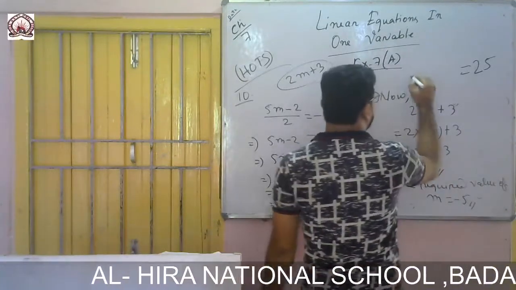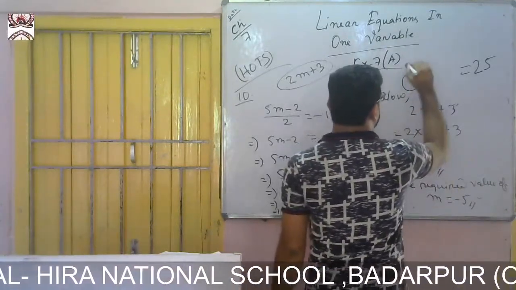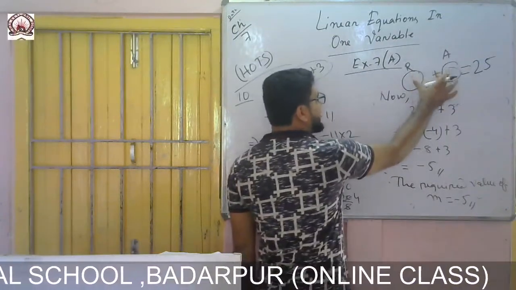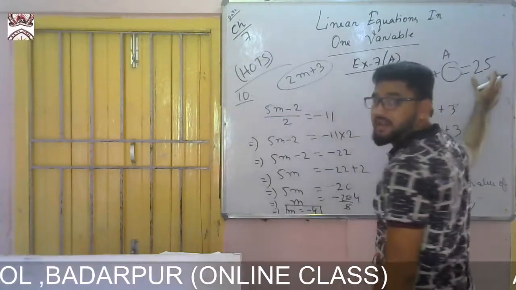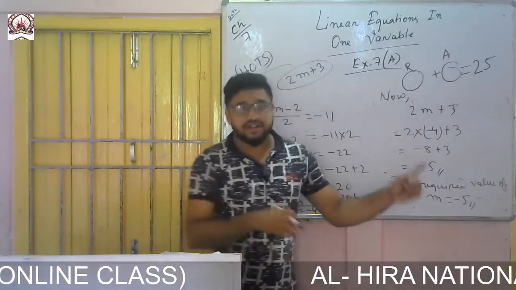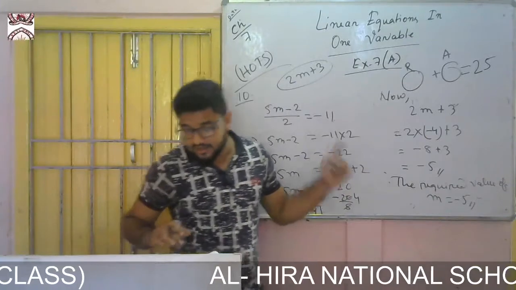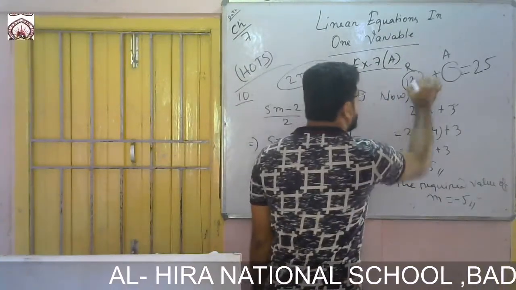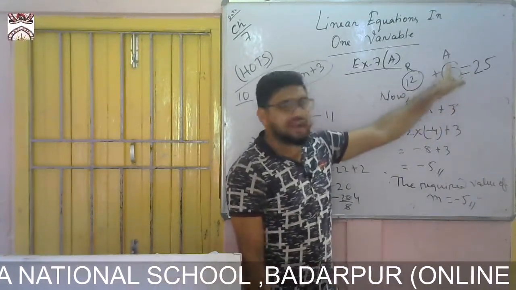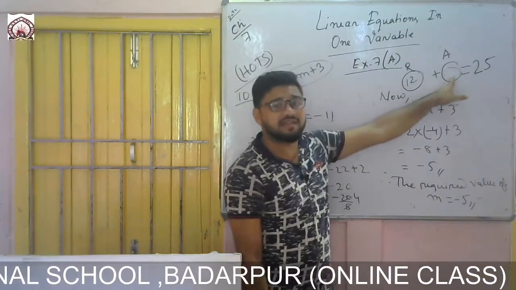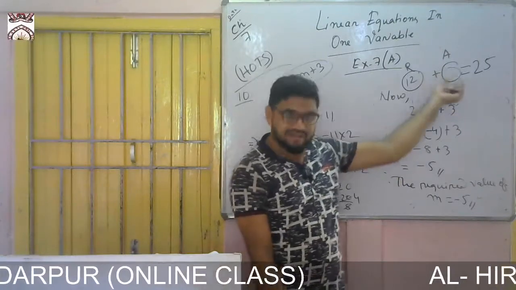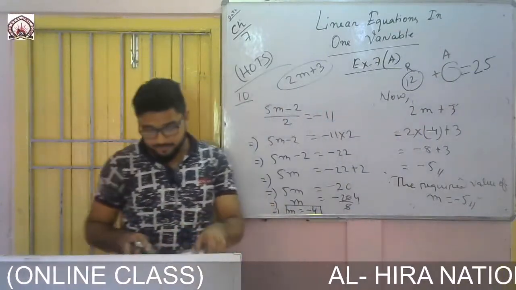This is Ritu's age, and this is Ashu's age. If I add both their ages, then I shall get 25. In the question it is given that Ritu's age is 12 years. Now I need to find the age of Ashu. I don't know the age of Ashu, so I shall let it be x, then I shall find the value of x, and that value of x will be the required age of Ashu. Understood?